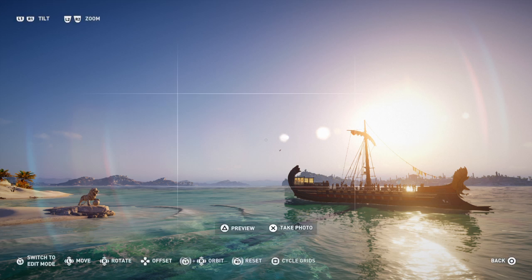With the grid on there, the cool part is you can cycle through different grids, which I think is really cool. It helps you frame the picture. The horizon is exactly at the bottom third line. It really helps you frame stuff.